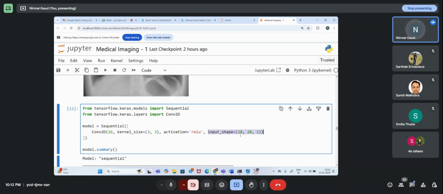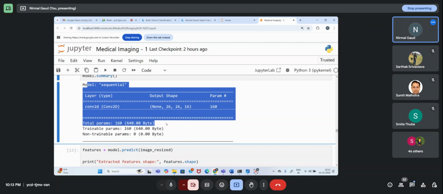This is the shape of the image which you are going to take as input. The convolution kernel is 3 cross 3, and 16 kernels will operate over this input shape matrix. This is width, this is height, this is channel. 28 is the width, 28 is the height, and one means grayscale image. That's it. Very simple architecture I took.